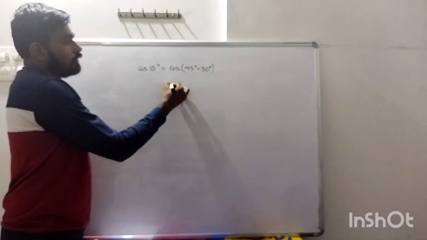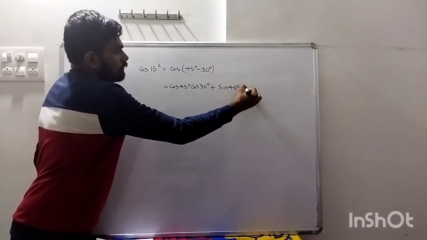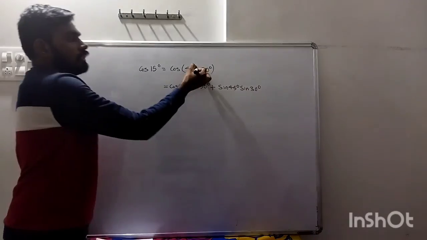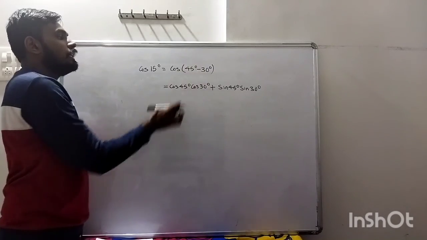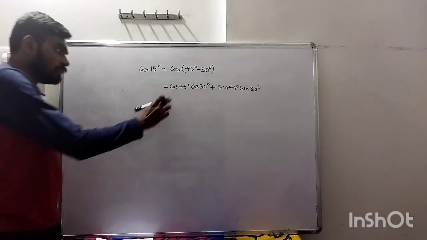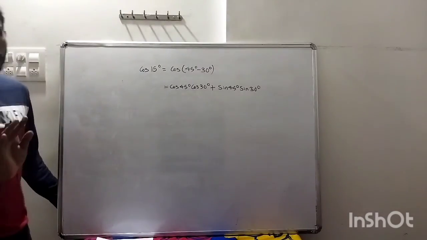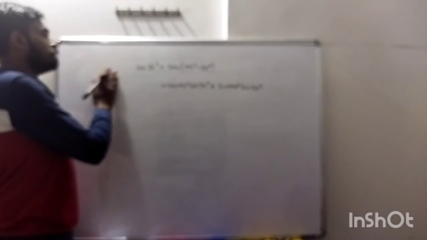Then cos x cos y minus sin x sin y. Sorry, here it is plus sin x sin y. Just remember, for cos, if this is minus, this is plus. If this is plus, this is minus, for cos. And for sin, if this is plus, this is plus, if this is minus, this is minus. And for cos, we start with cos, then sin. You have to remember both of those formulas. Those are very important: sin of x plus y and cos of x plus y.